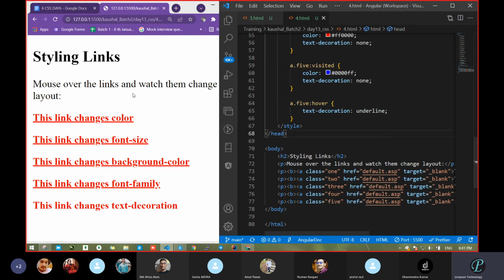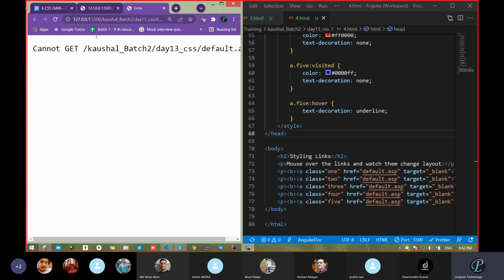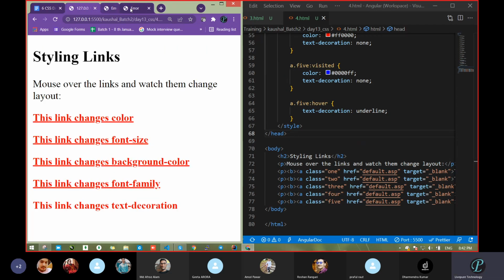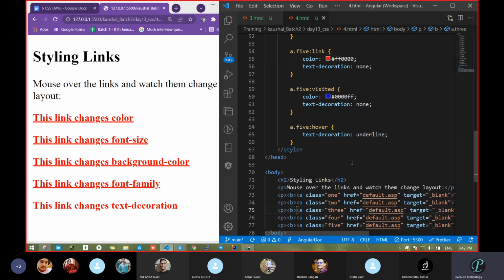See, there are a total of 5 types of links. When you go over, some color comes, some different color, then something else, underline is there, but the font size is reduced, then something. Let's see what happened. It happens something, but due to this it doesn't. So this way we can style. If we have multiple colors, what can we do? We can represent each with a class. See, we have taken this class name, then we took another class name, and with the help of the class name we can pass all the properties.